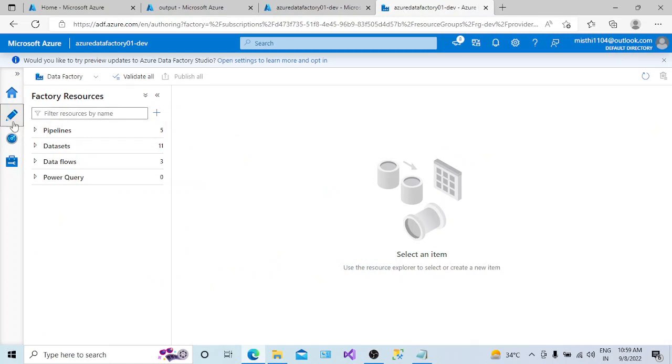As we know, whatever development we do in Azure Data Factory, we have to go to the author tab. And when we create a data flow, we cannot run it with debug options there. So we have to take the help of a pipeline. We have to create a pipeline, and inside that, create a data flow. So I'm going to create a new pipeline first,